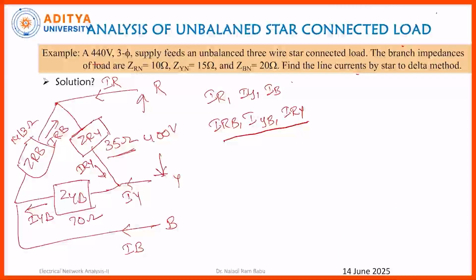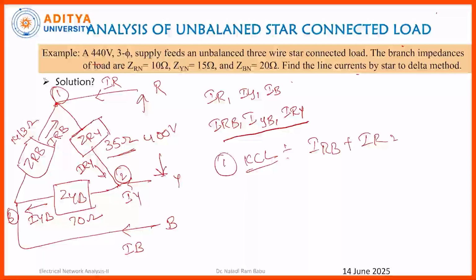Okay, I am marking this as node 1, this one as node 2 and this point as node 3. At node 1, I am applying KCL. KCL is nothing but the sum of entering currents is equal to the sum of leaving currents. Here the entering currents are IR and IRB, and the leaving current is IRY. Therefore, IR line current is equal to IRY minus